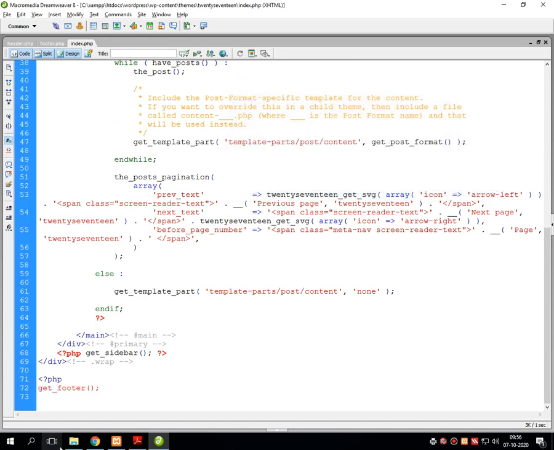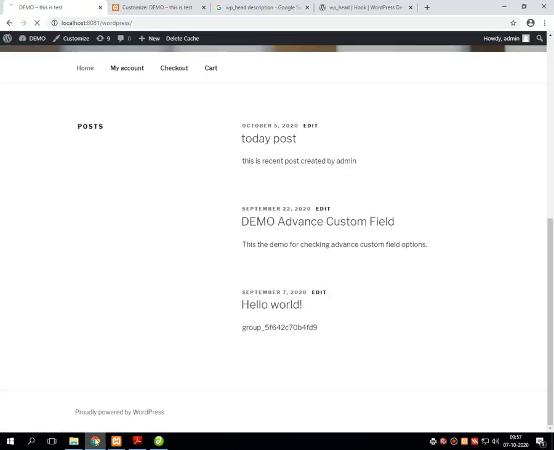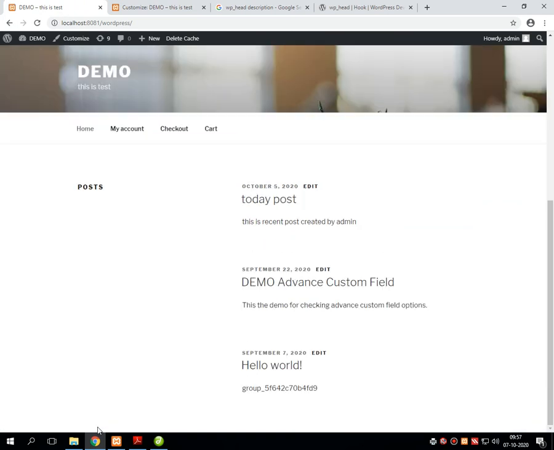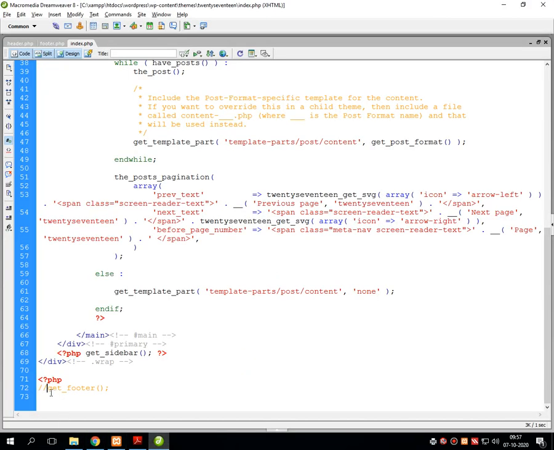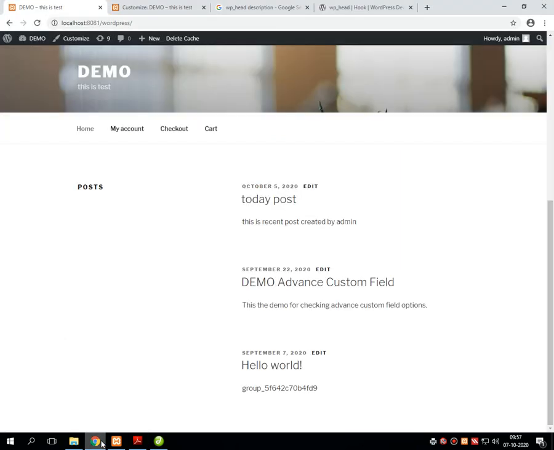Let me put it into the comment. Save, refresh. See, the footer will be removed from this entire index page, right? I'm just enabling it, saving it, refreshing it.